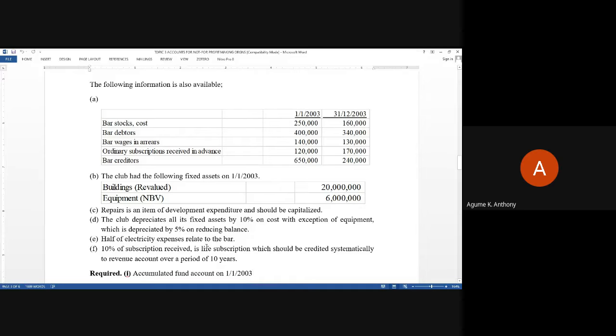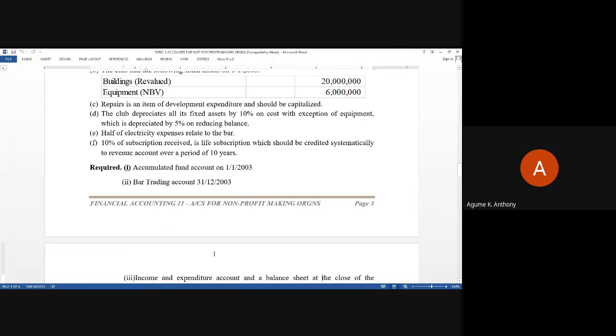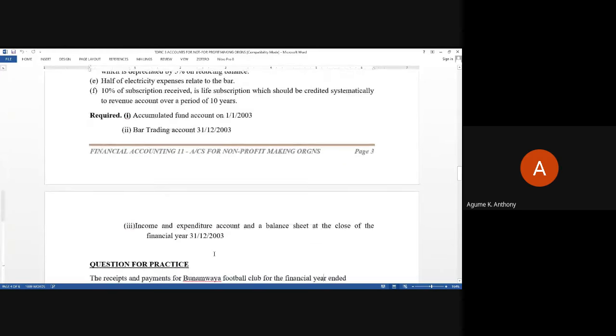Then they also say that half of electricity expenses relate to the bar. 10% of the subscription received is life subscription, which should be credited systematically to the revenue account over a period of 10 years. So they are saying that you prepare the accumulated fund, you prepare the bar trading account, you also prepare the income and expenditure account, and also the balance sheet at the close of the